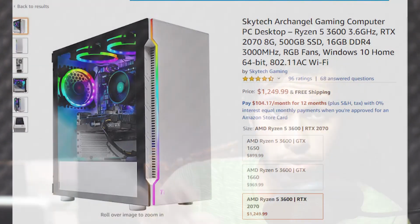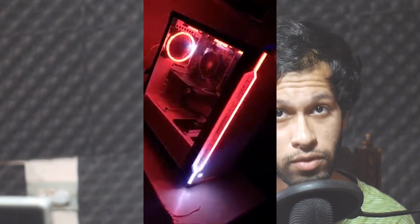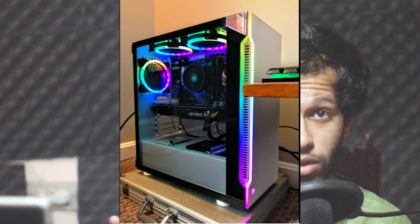Now, next up, we have a gaming PC that looked really good, and I recommended a ton on the previous video, and I still recommend till today. The Skytech Archangel gaming PC. It's got an RTX 2070 and a Ryzen 5 3600 for 1,250 bucks. It's got a beefier GPU than the previous ones. It's more comparable to the RTX 2060 Super actually. If you like that RGB looking stuff going on with this PC, it looks really good. The reason why I am recommending this is because I've recommended it on the previous video and it still holds